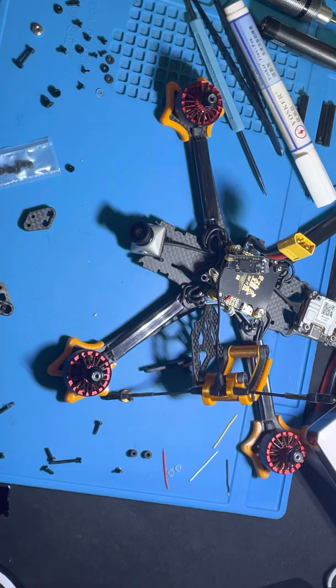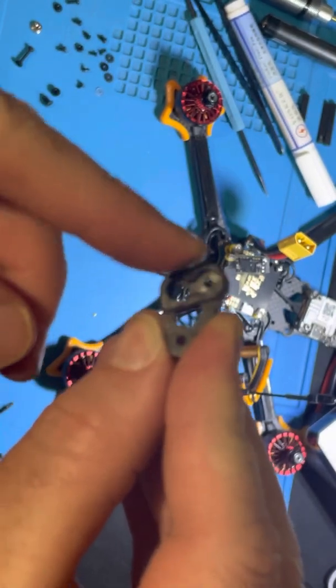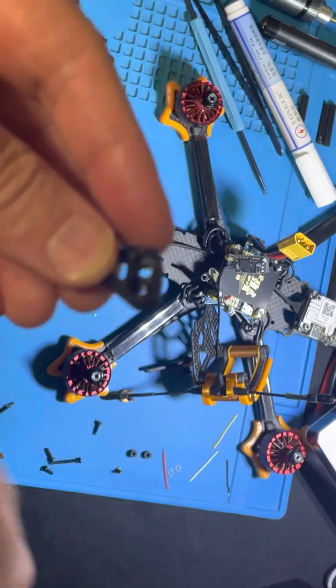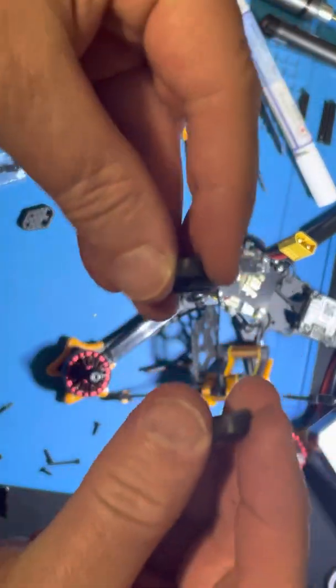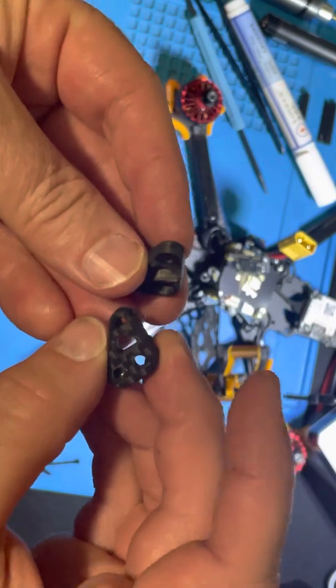So there's a whole bunch of little hardware that's included with it, and if you look really closely, guess what? You have these little things. They're inserts. So just like you have on the bottom of the frame, they put these inserts in here. So tighten that down, and now that makes that 2mm hole go to this, which then means that you put this on one side, this on the other side of your camera, put your 2mm screw into your camera, secures it in there, and then you can put a screw through the side of this,